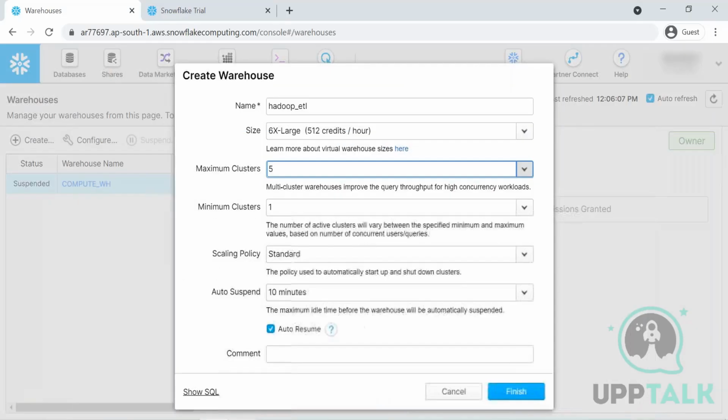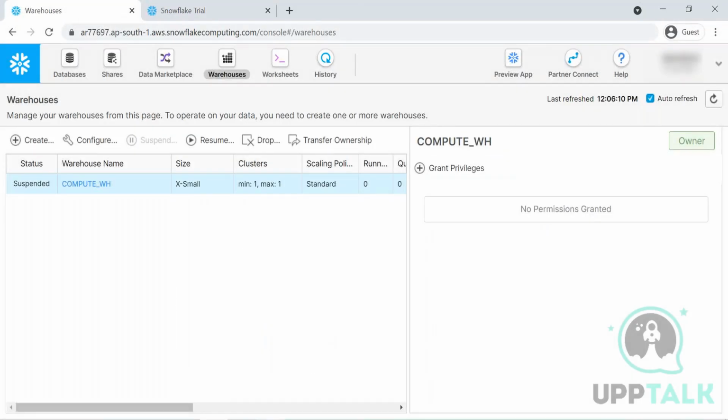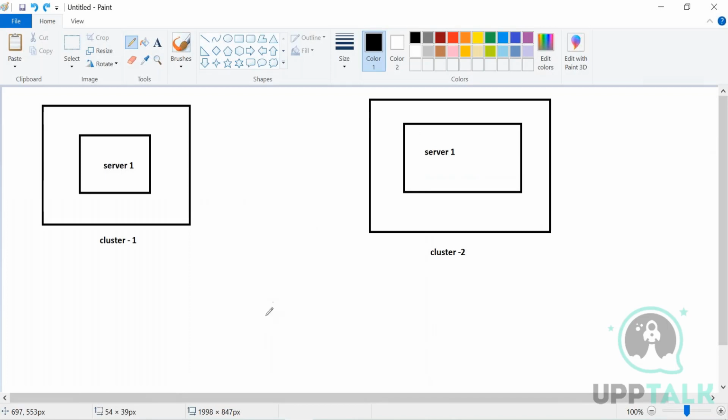Usually, coming to on-prem databases, let's say you are using Oracle. Your query is running very slow and the other teams are also using the same servers. So till what extent